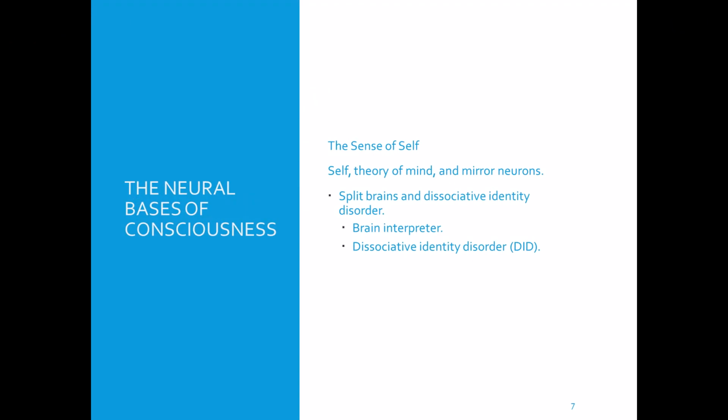Now, I briefly want to talk about split brains and dissociative identity disorder, and disorders of self. Now, split brain patients often raise important questions about the self and consciousness. Now, this research has looked at individuals with a severed corpus callosum. If the person with the severed corpus callosum, and again, that's the bundle of nerve fibers that connect the two halves of the brain, is asked to use the right hand to form a specified design with colored blocks, performance is poor because the left hemisphere is not very good at spatial tasks.